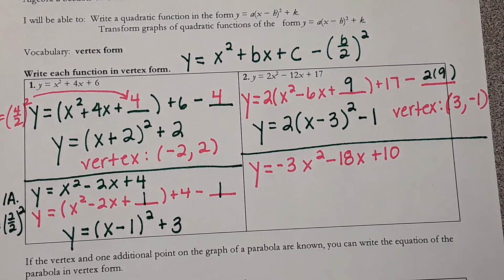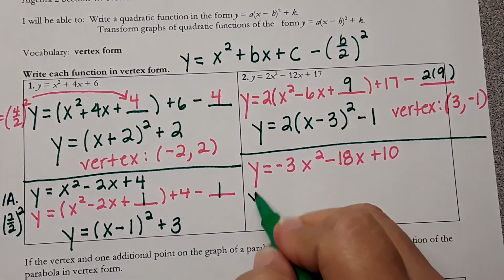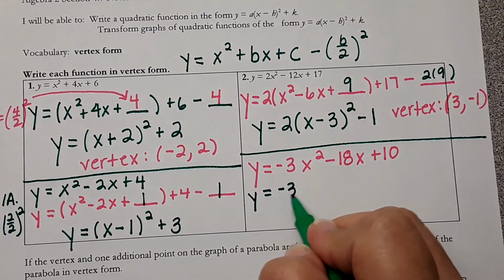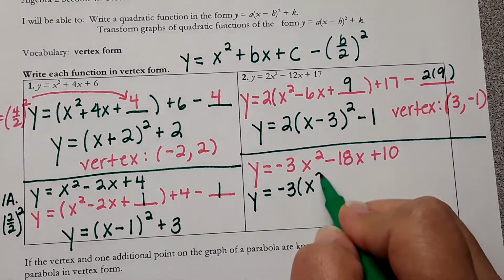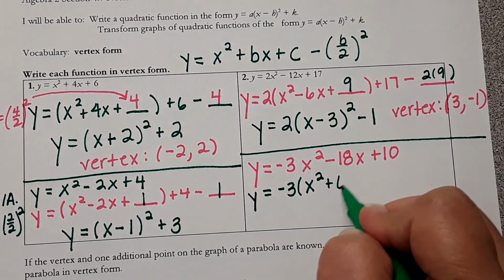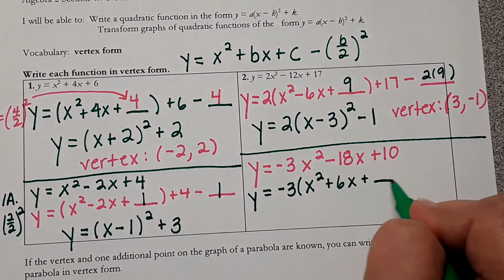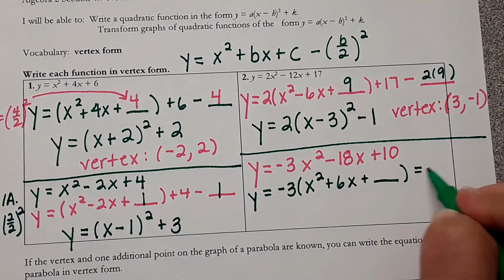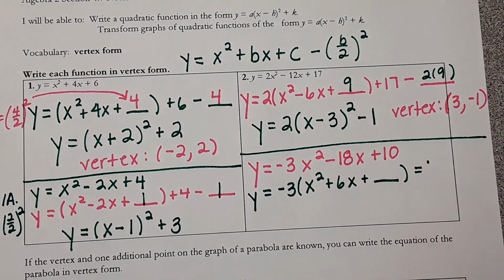So, if I ask you to write it in vertex form, you need to ask yourself, is A 1? A is not 1, so that means I'm going to pull it out. And you're basically pulling it out of everything, so it's x squared. Negative 18 divided by negative 3 is positive 6x plus blank equals, nope, not equals,